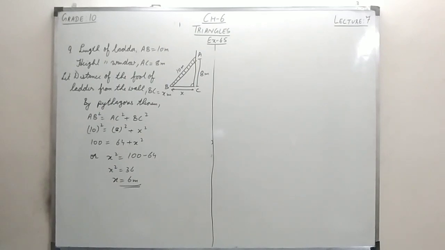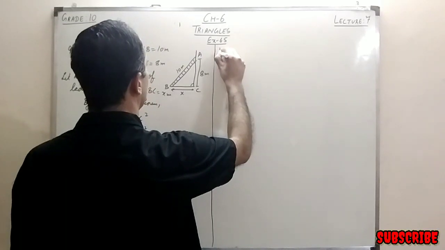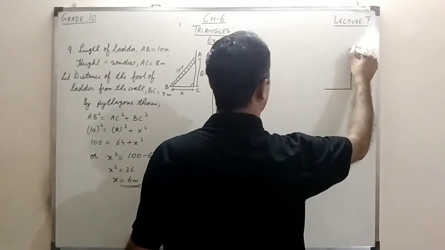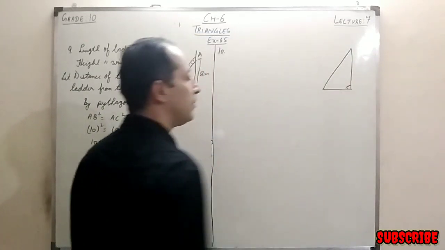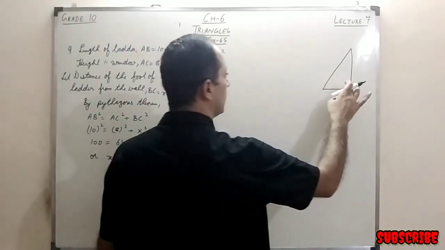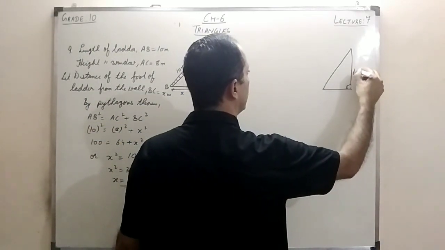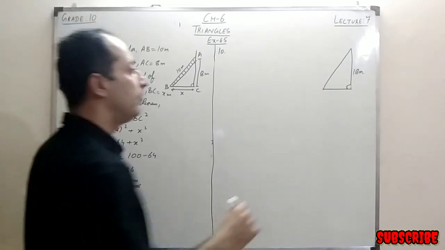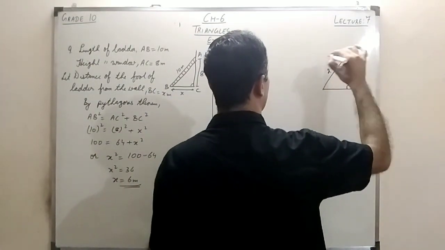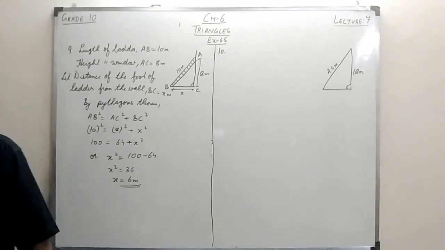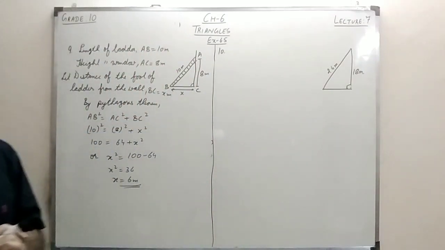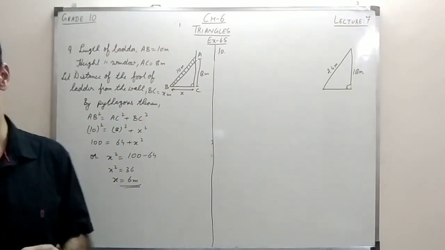In the 10th question it is given that a wire is attached to a vertical pole of height 18 meters. It's quite a similar diagram for this question also. So we have a pole and this pole is attached with a wire somewhere on the ground, and obviously the pole is perpendicular to the ground. Now the height of the pole is 18 meter and the length of the wire is 24 meter. What they're asking is at what distance from the base of the pole should we tie the wire so that the wire is tight, right?